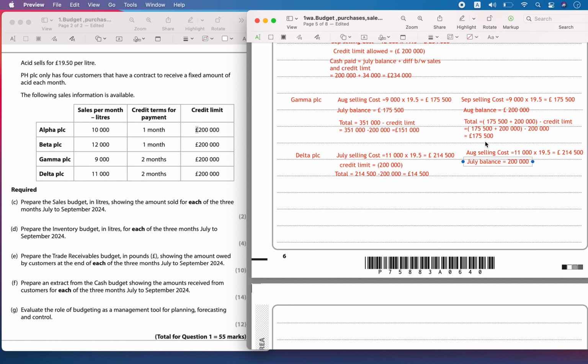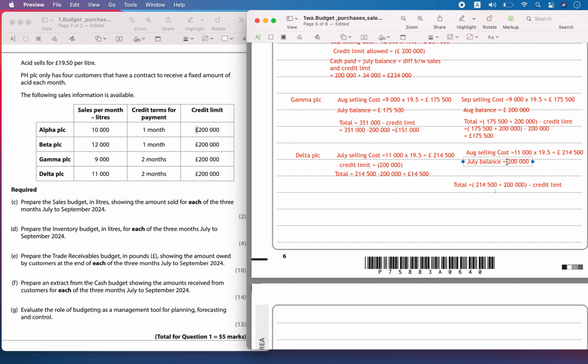So the total that needs to be settled with cash is always equal to the total that needs to be paid, 214,500,